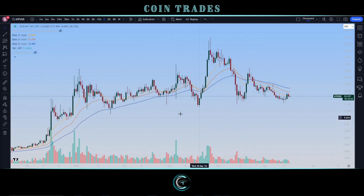Looking at Internet Computer, ICP, on that ticker. It's been a little bit since we've looked at it, so I do have plenty of things to talk about right now in a pretty good, nice little structure set up on an attempt for a little bit of a reversal right here. And as I mentioned over on my Twitter and X, I did point out that the ICP chart setup is one of the strongest for the altcoins right now. And we are going to be diving into why that is in depth a little bit more in